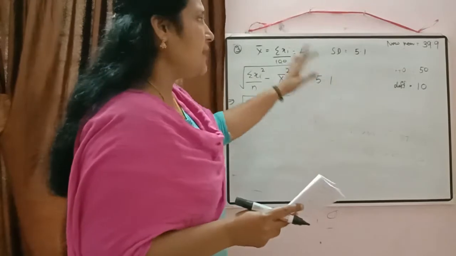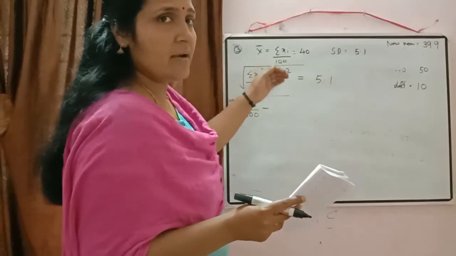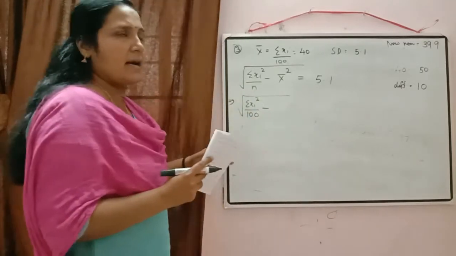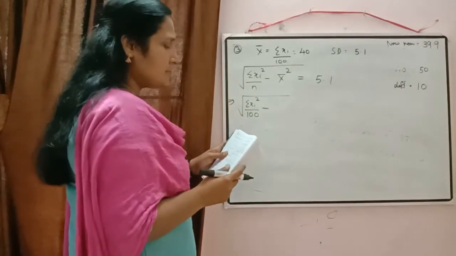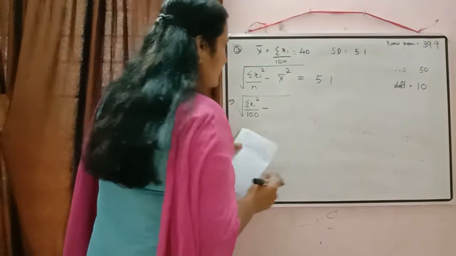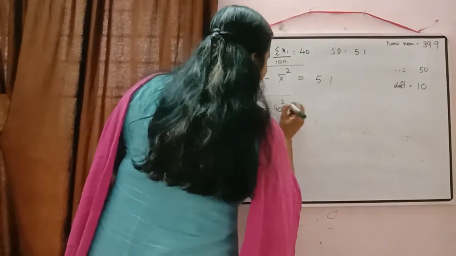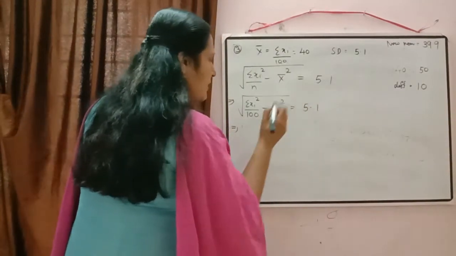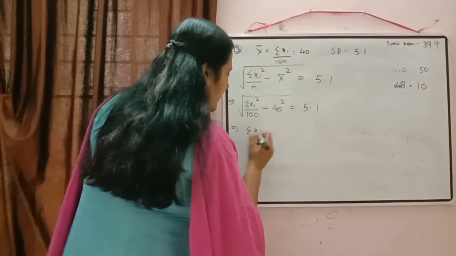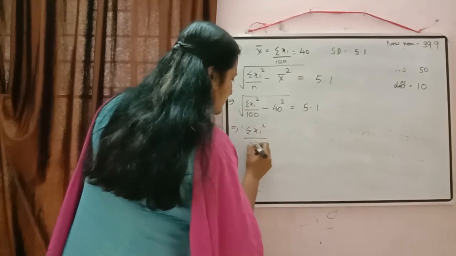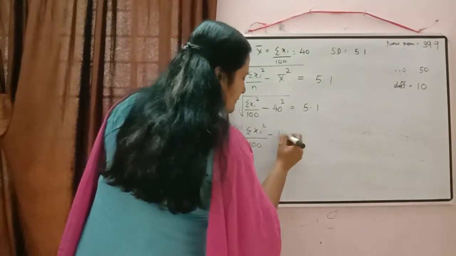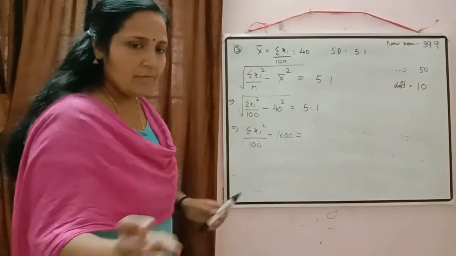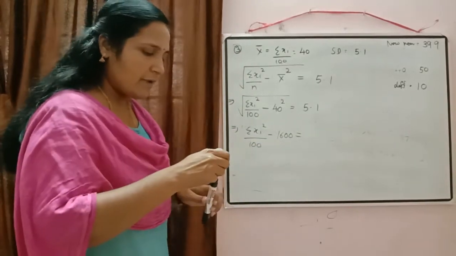At present we will not take the correct value of mean there. Here we made the mistake because we did everything wrong there. So first, by taking the wrong value, we'll check how much will be sigma xi square. What is our mean? Previously it was equal to 40. So here we will write down 40 square is equal to 5.1. So to avoid the square root, what we will do? Yes, squaring both the sides. So sigma xi square by 100 minus 40 square will be equal to 1600. Now what we have to do? We have to find the square of 5.1.